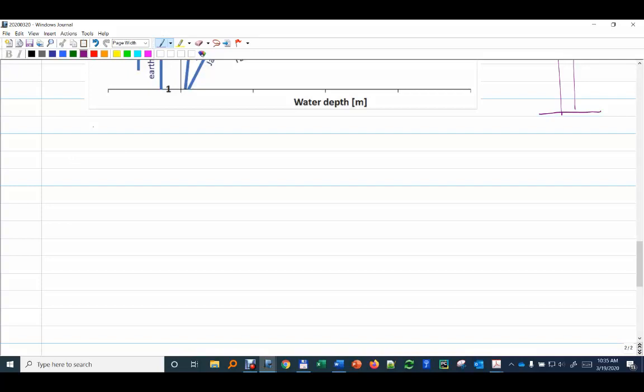The movement and stresses are calculated on the structure using either numerical models, simplified numerical models, or complex numerical models. Sometimes you use models in a pool. At NTNU, we have at MarineTech a pool where we can make tests when we measure the movement of scaled down models of offshore structures. But I'm just going to show you one of the results